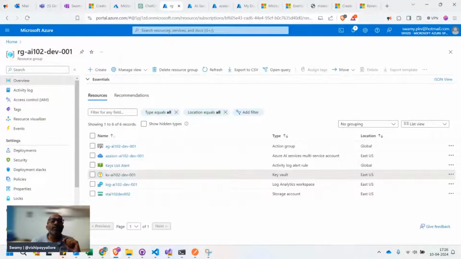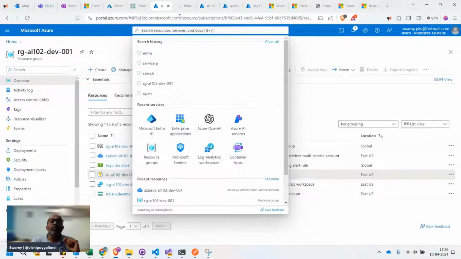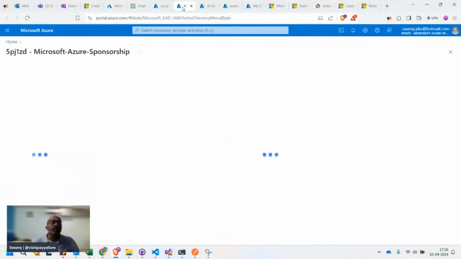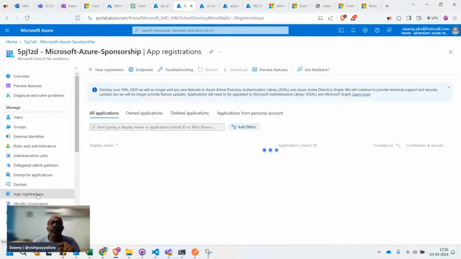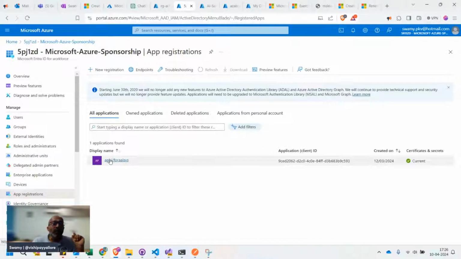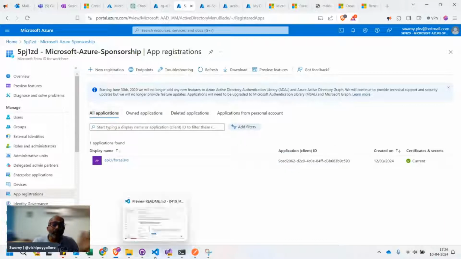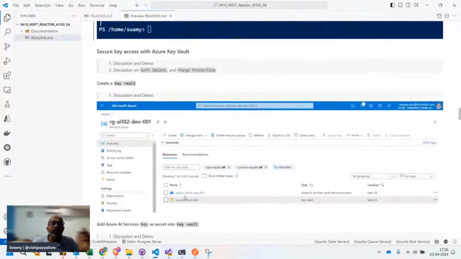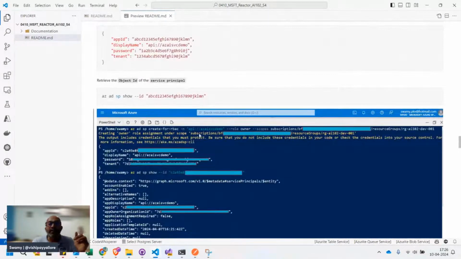So let's go back to Microsoft Entra ID. Now, if you go to this Microsoft Entra ID, inside it we will have the app registrations. If you click on that, whatever command I executed a couple of days ago, you can see in here. This one we have seen. This one also we have seen. So here you can see this. I have executed the